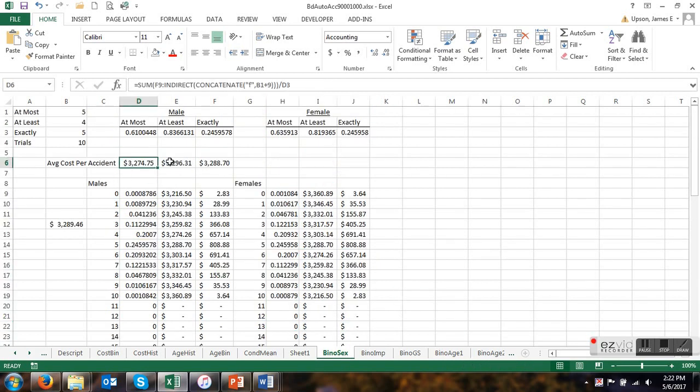All right, finally we're going to do the same kind of thing that we did here, although we're going to do it on this group of tabs. In fact, I could probably, now let's just type it in again. So the first thing we want is sum, F9, indirect, concatenate. Instead of F, we want J, and then B1 plus 9, and we're going to divide that by our at most,